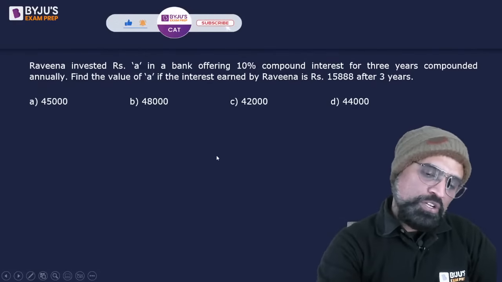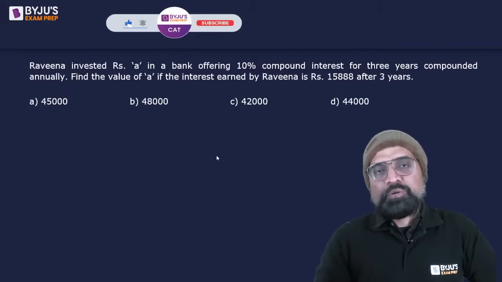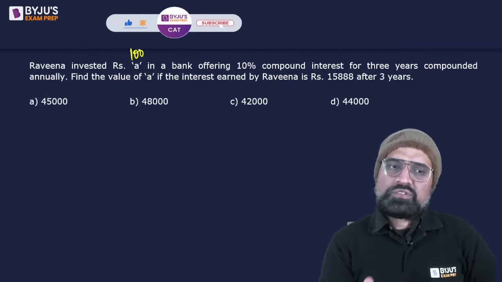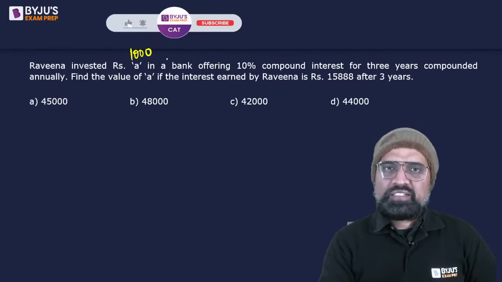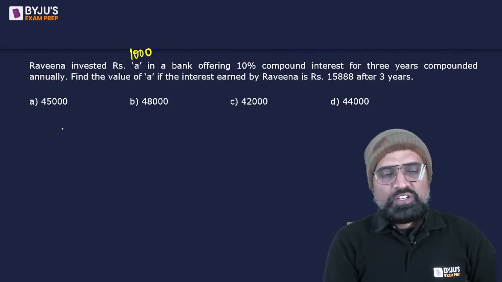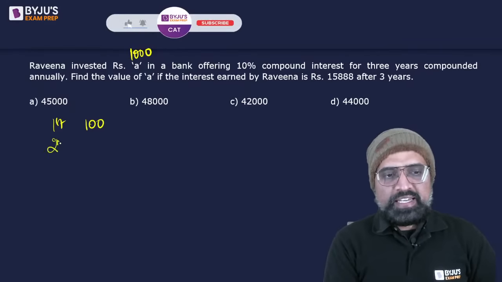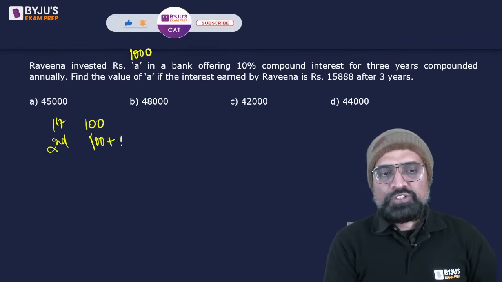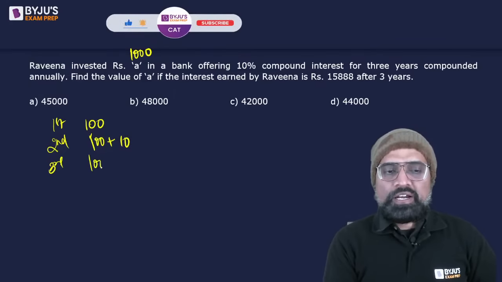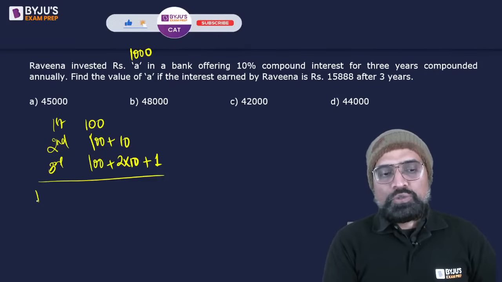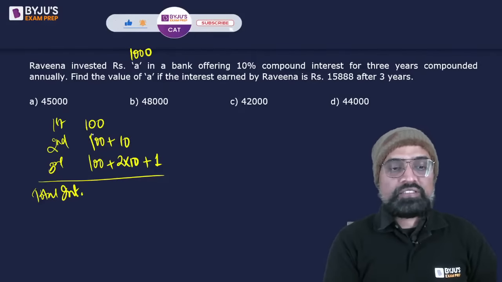ठीक है. So अगर मुझे fastest करना है, and if I don't remember the values, what I'm going to do is I'm going to take A as 100 rupees or 1000 because it's about 3 years, right? Point में आने से अच्छा है 1000 ले लो. So in the first year, the interest earned is going to be 10% of 1000, that is going to be 100. In the second year, it's going to be 100 plus 10% of 100. In the third year, it's going to be 100 plus 2 times 10% of 100, and then 10% of 10, that is 1. So the total interest that I am going to earn in 3 years on 1000 rupees is going to be